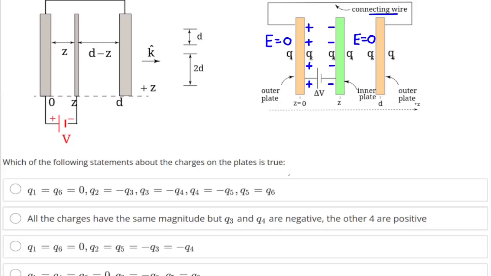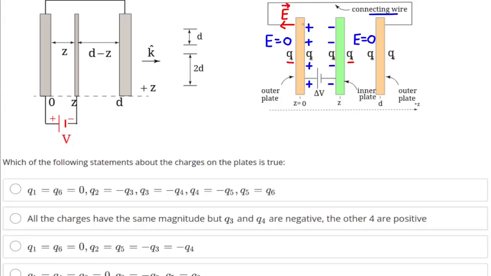So Q1 and Q4 in this case will be 0, because the electrons are attracted to the positive charge, so the electrons are pulled closer to the positively charged region, so only the inner surfaces of the plates are charged, and now we connect a wire between the outer and inner plate. So due to the potential difference between the 2 plates, and given this plate carries positive charge, initially there's going to be an electric field in the wire